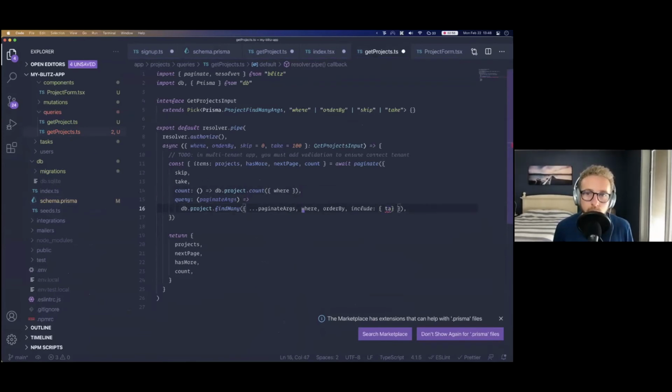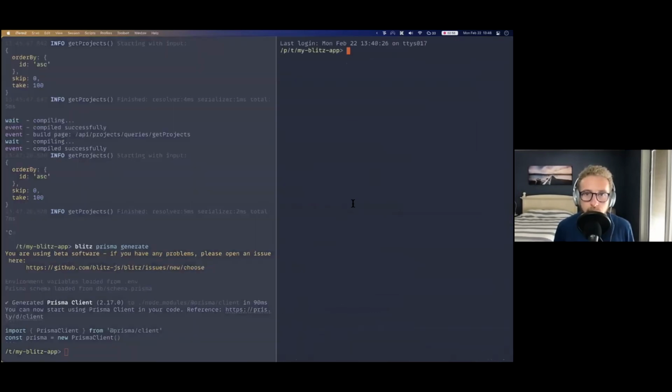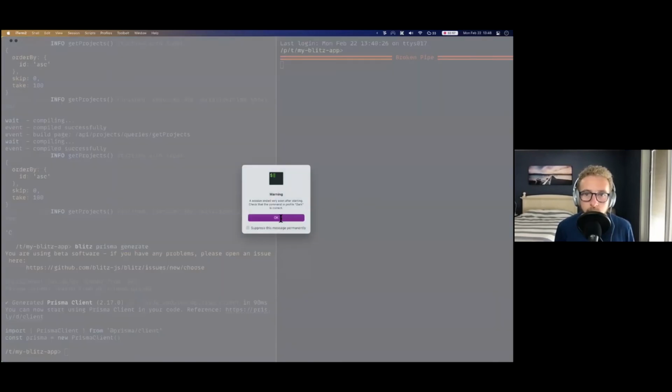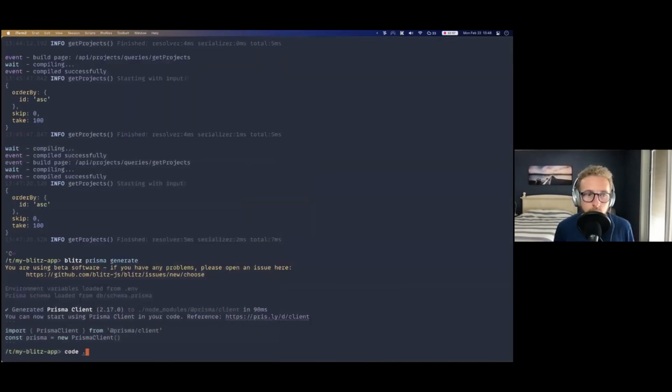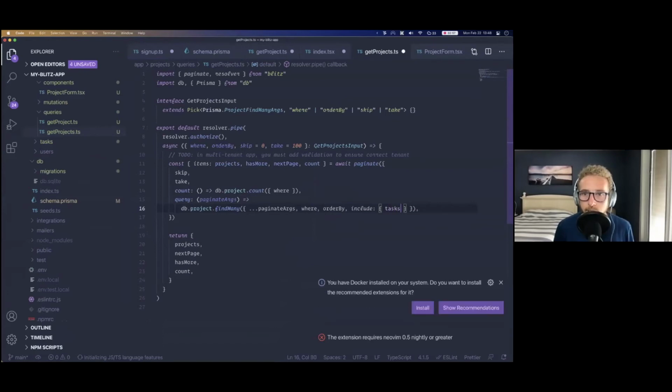So I think I need to update something there. Again, let's close this and reopen the code. All right, so now it should say task true, and get rid of our extra thing.